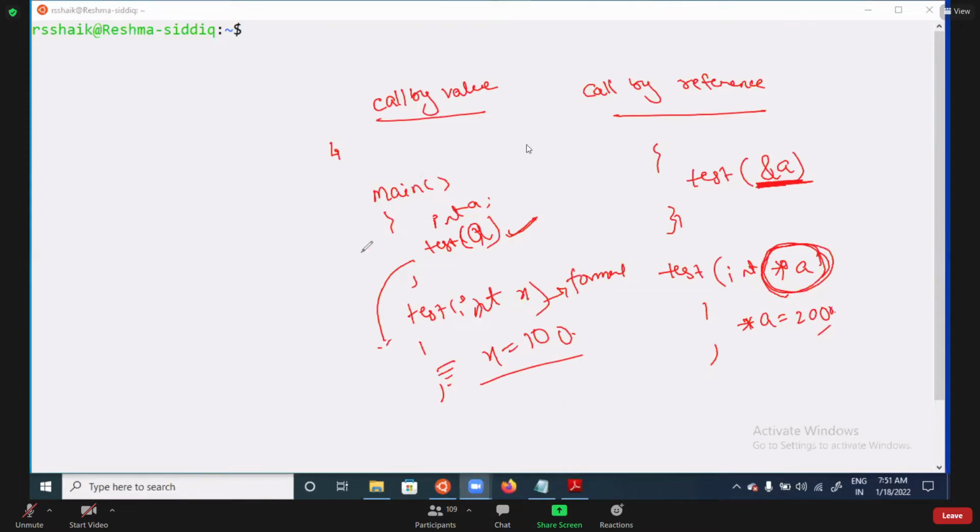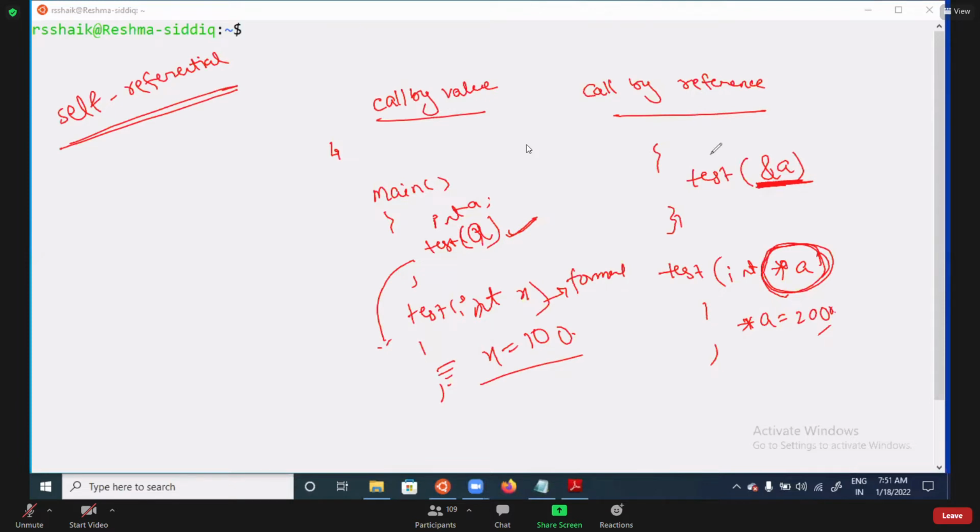Good morning, sir. I have a doubt related to self-referential structure. I just want clarification whether self-referential structure is similar to the linked list concept. Yes, because we are storing the base address. Self-referential is implemented to store the address of the same structure, so it is used and implemented in data structure concepts.